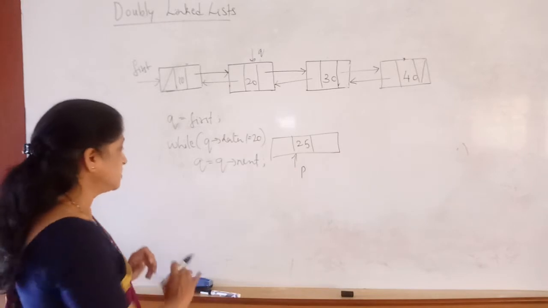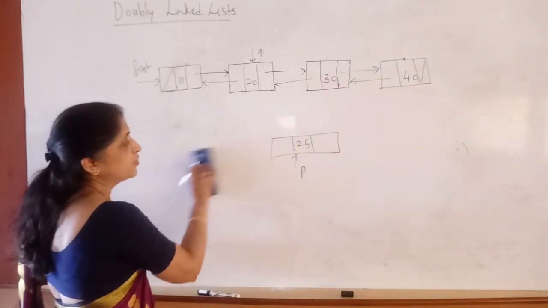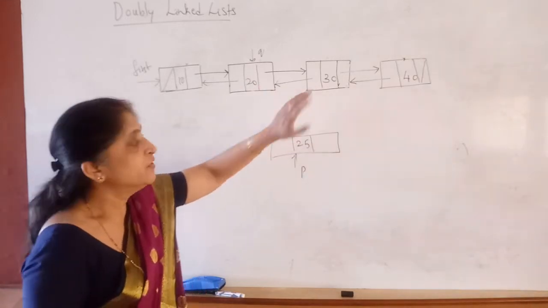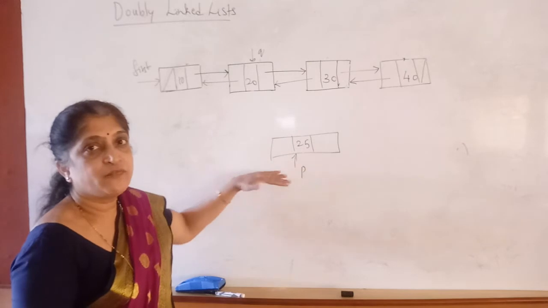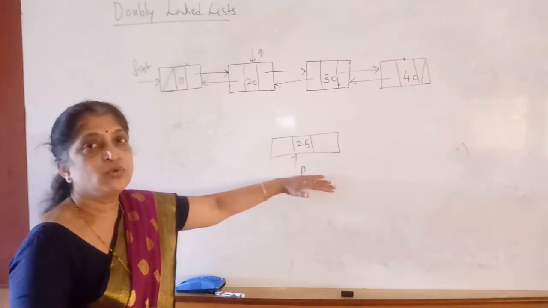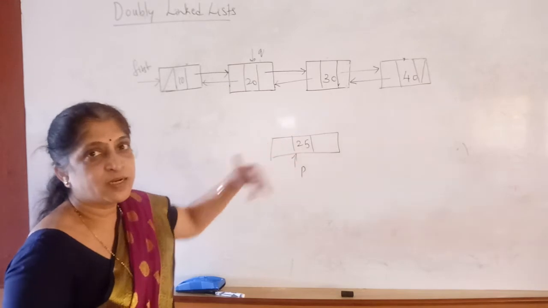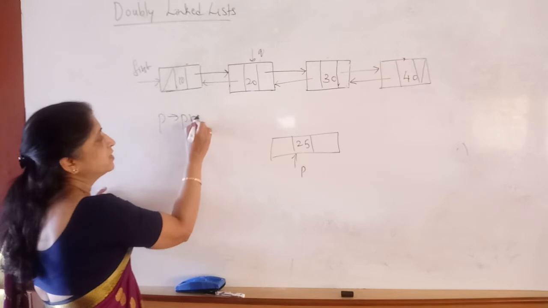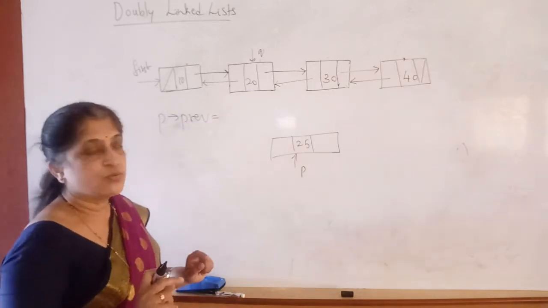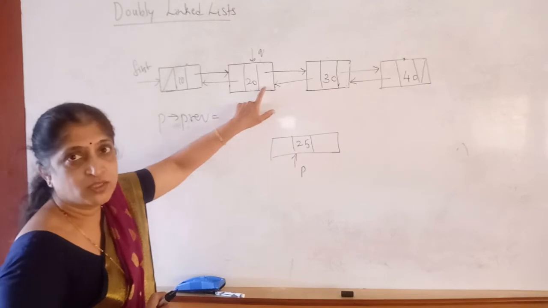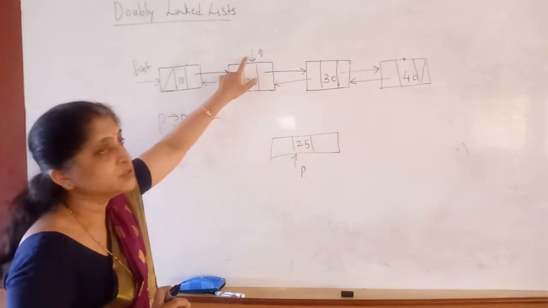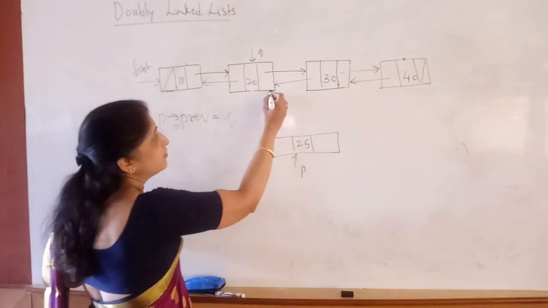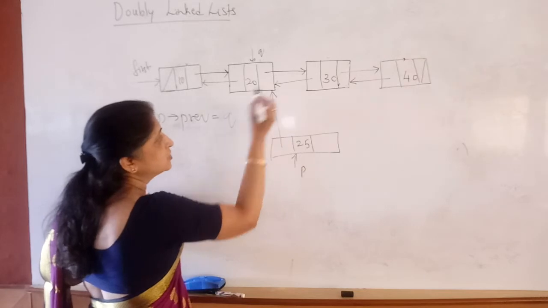Now insertion is possible. I said you have to adjust 4 pointers. What are those 4 pointers? 1, 2, 3 and 4. First let me write into the pointer fields of the new node so that we do not lose any pointers. We store some addresses here. Now what should I write? P previous. I want to write into the P previous field. What is that address we want to store? P previous should be pointing to this node. What is a pointer to this? Q is a pointer to this. So I write P previous is equal to Q. That means I made this node point to this node.